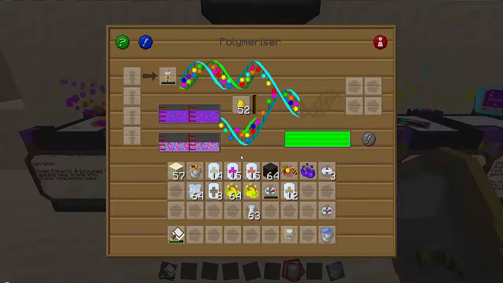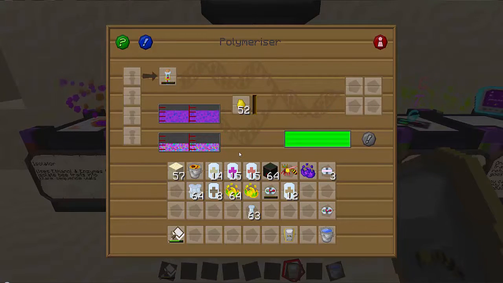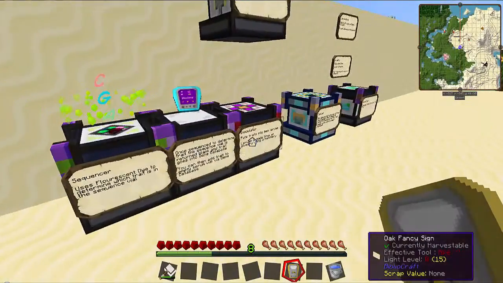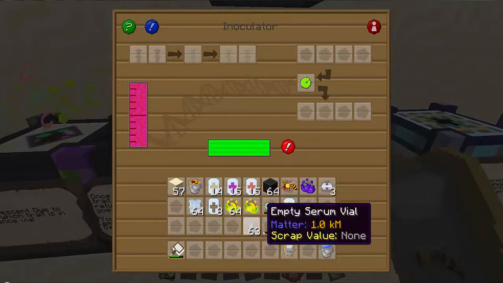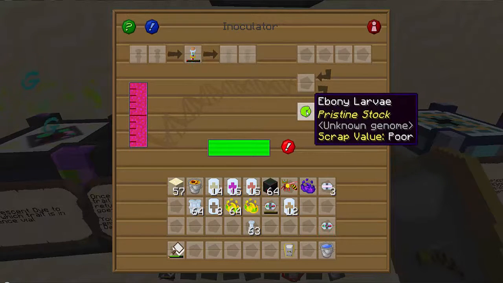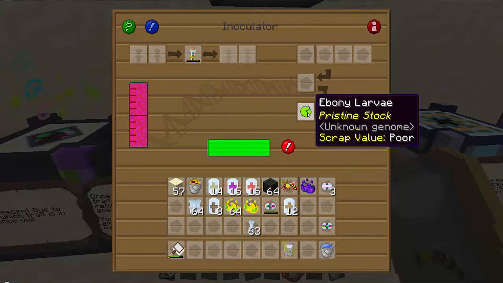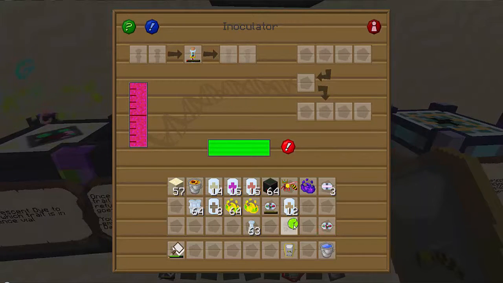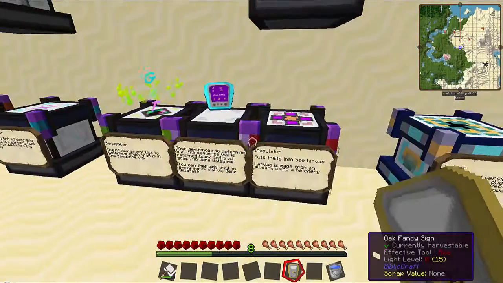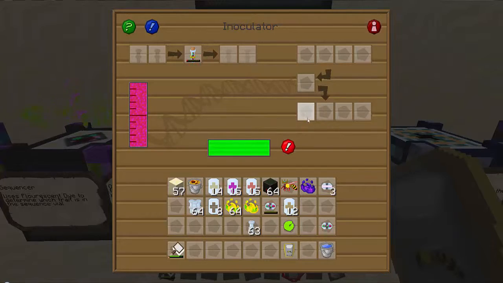Slowly but surely we get to the end, and you'll see now it's got 1 charge. So we can take that out there, we can come back to the inoculator, put that serum in there, and that serum is then applied to, in fact it won't apply it to that larvae because they're already flowers. That was probably a bad example. If we had a bee that had flowers that weren't normal flowers, if they were cacti for instance, in fact